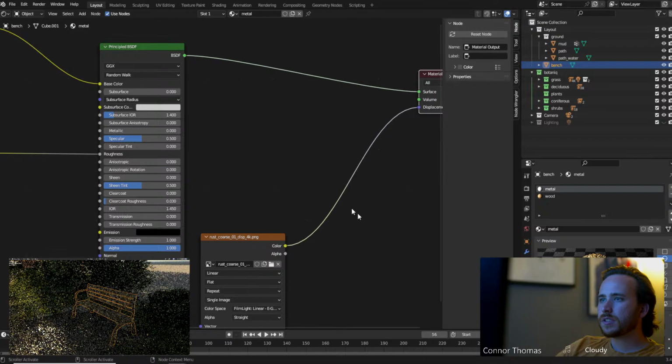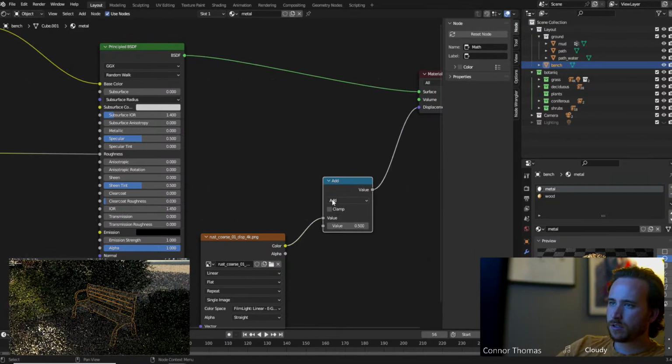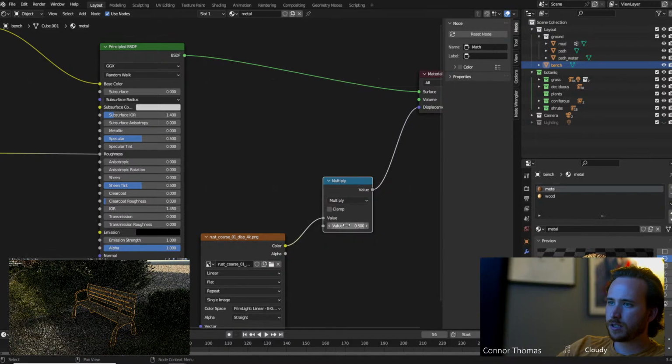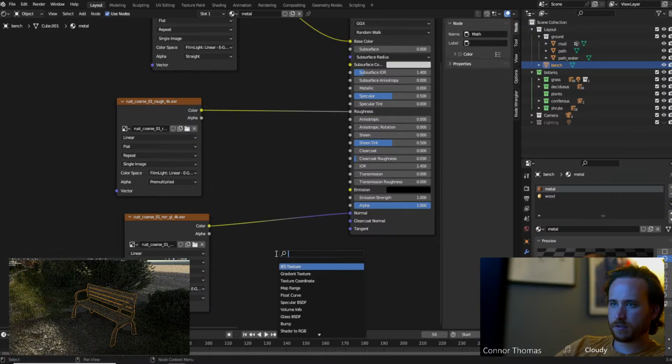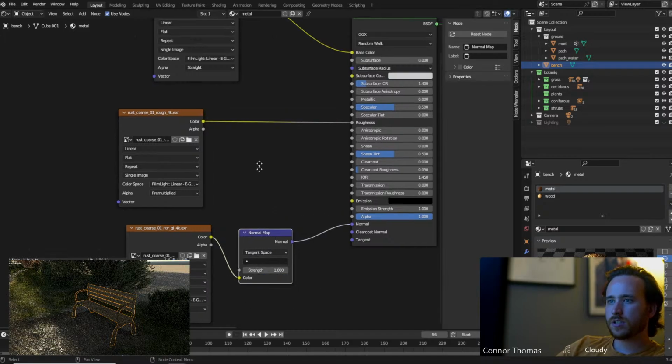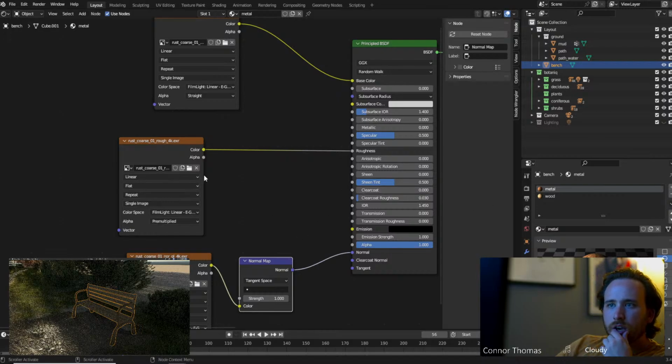Into displacement, I think we can add a math node in, change this to multiply. Probably get something out of that. Let's swap this over to normal map, so that way that works. Okay, our roughness though, if we look at it,